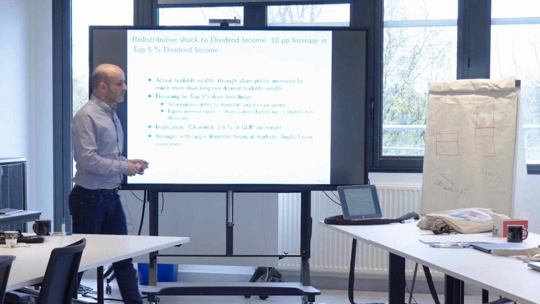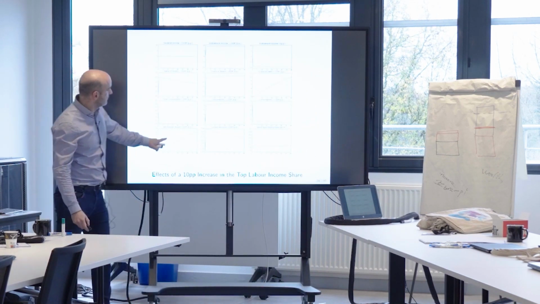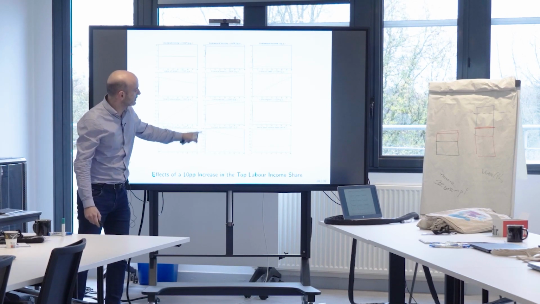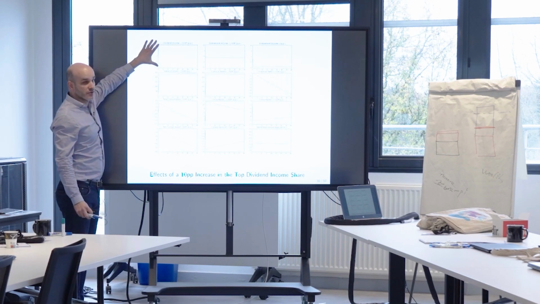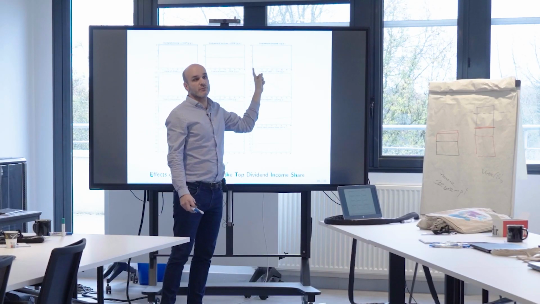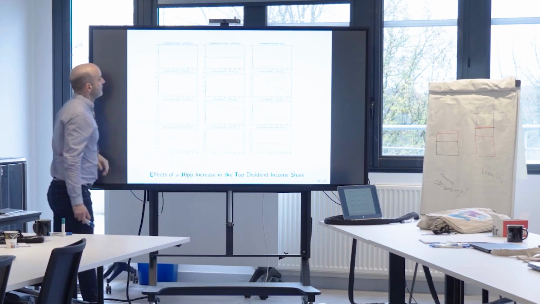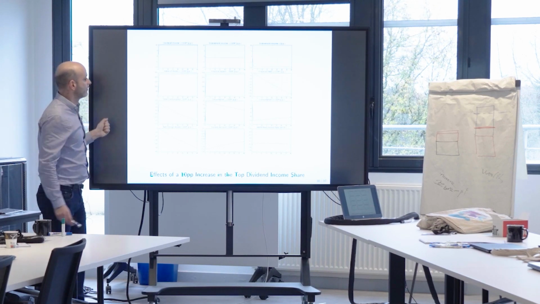Now, if we look at the effect of the dividend distribution shock, I didn't say before, we had 0.4% current account surplus, and now I do a 10% dividend shock, so the share of the economy that goes to finance goes up by 10% of GDP. And of course, it reduces the labor income of top earners a little bit, mechanically. It reduces the labor income of the bottom earners much more. So what we have is that the top earners, as I said, on average will want to actually borrow,